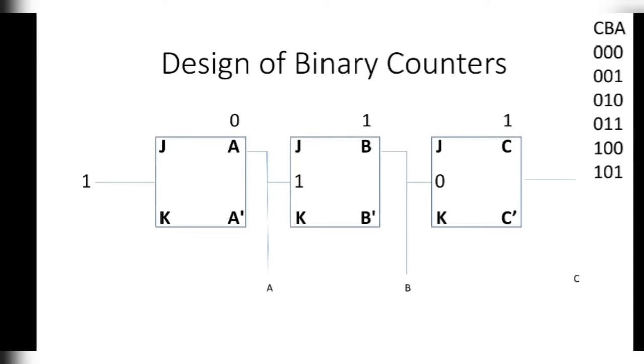And do you see any pattern there? It's the decimal values of all these digits, 0 to 7, right? So in binary counters, this is an asynchronous counter. Asynchronous means the clock, this is known as a clock. This clock depends upon the values of other inputs. All the clock values do not change at the same time. That is known as an asynchronous counter.